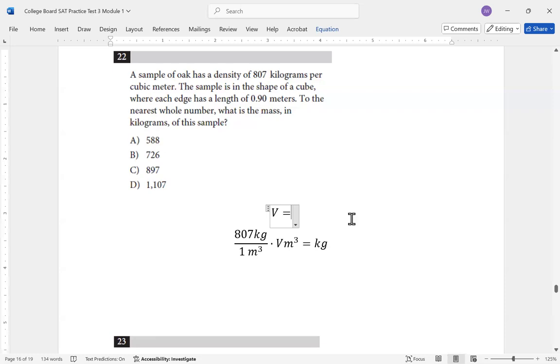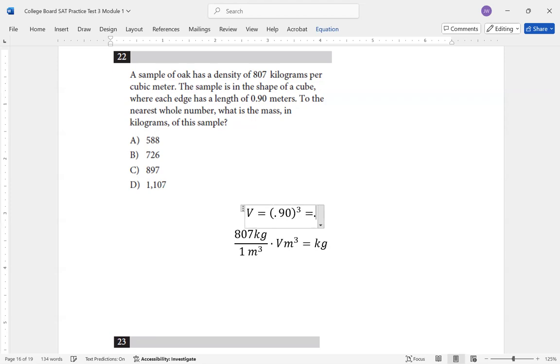So that means the volume of this cube is going to be 0.90 meters times another copy of 0.90 meters times another copy of 0.90 meters. So volume is going to be 0.90 cubed,